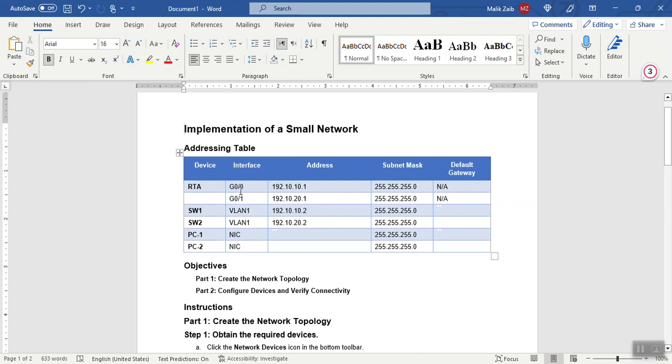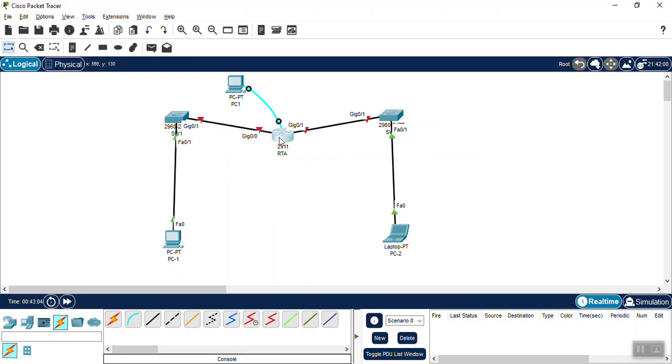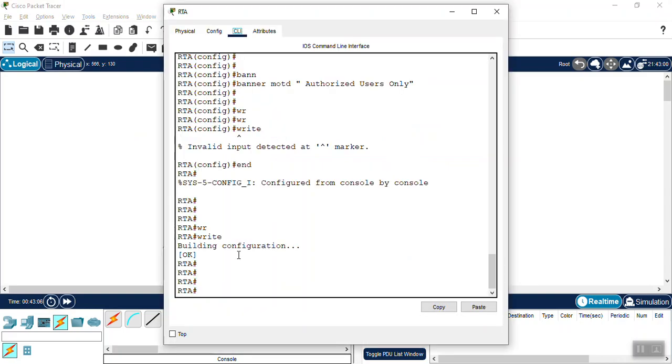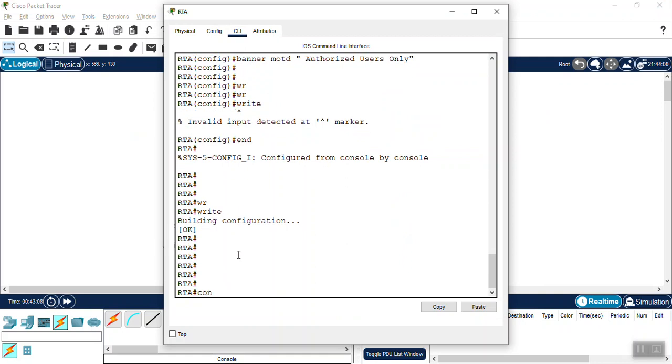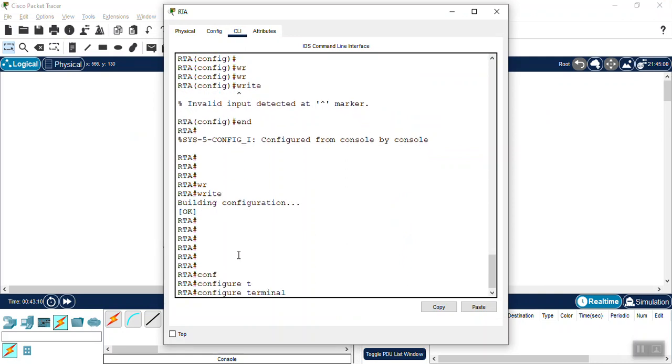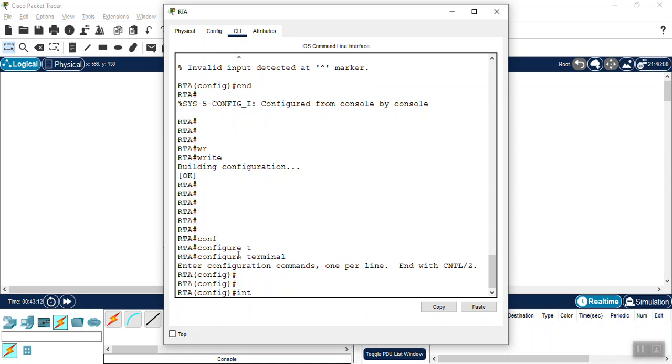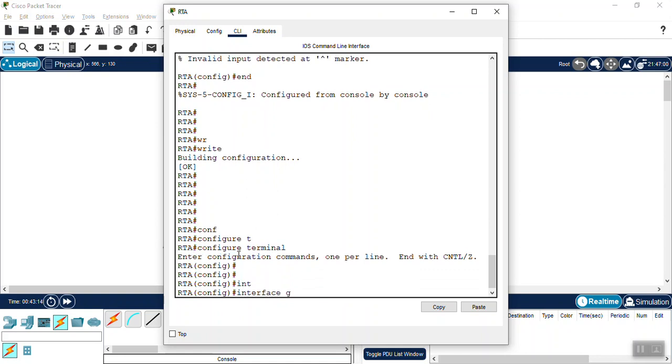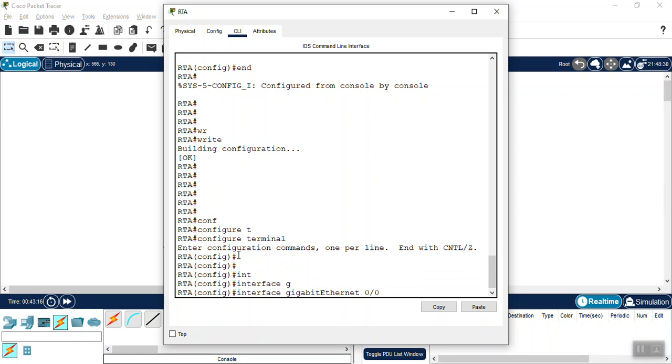That is for router 1, router A. We have 192.10.10.1 for the gigabit 0/0 interface. So we will go to the router again, and we will go to the configure terminal. Okay, and here we will go to the interface gigabit 0/0.